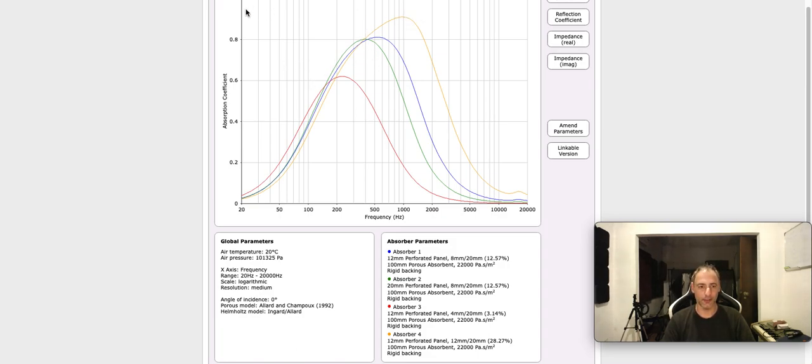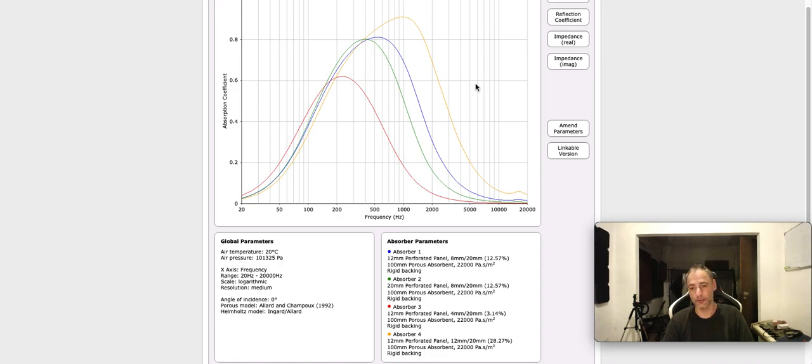So the yellow line, the peak at 1000 Hertz is 0.9 or 90%. The peak on these two curves, but specifically at the blue line, is 0.8 or 80%. And when we decrease drastically the perforation ratio, we get only 60%, 0.6 at the peak frequency. So as you can see, the perforation ratio